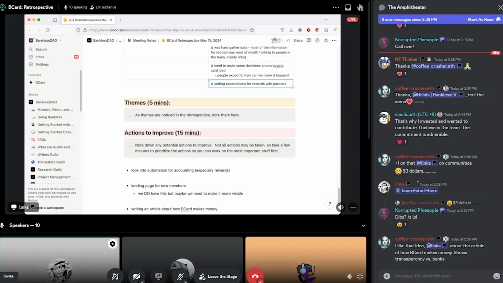Related to crypto card load, I mean, the thing that's going to make this happen for us, NF Thinker, is if we have more transaction volume. This is, I would say, the cynical and also realistic view. If we're driving, let's say, 30 million in transaction volume for our bank every month, they're going to be way more willing to take a reputational risk on us than if we're driving $3 in transactional revenue, right? Or $3,000 in transactional revenue. So that's what I think we really need to concentrate on. If we get transaction volume, then the crypto card load is going to be a lot easier for us to execute.